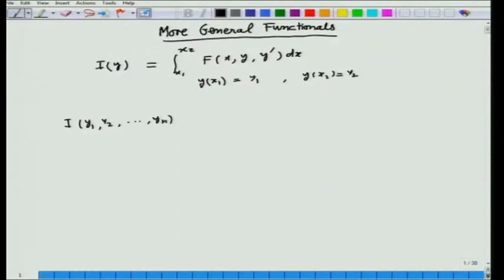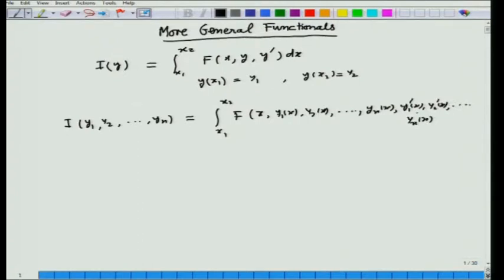So, there are n admissible functions such that this I(y) is of the type integral x1 to x2 of f(x, y1(x), y2(x), and so on yn(x), and then their derivatives are appearing: y1'(x), y2'(x), and so on,